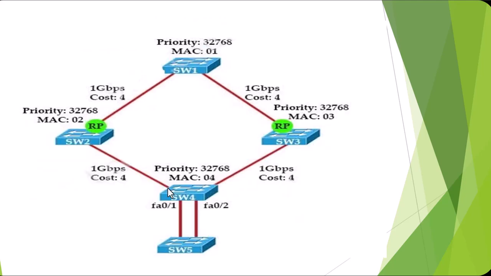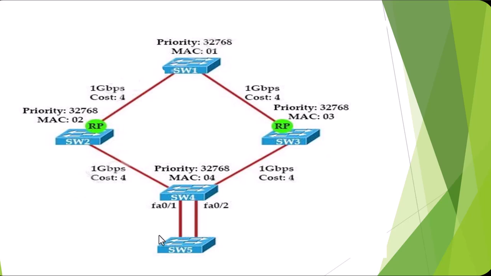So here, if I want to show you another example, from switch 5 we have two interfaces. Which one will be put into the root port and which one will be put into the blocking state? Because both these ports have the same cost to reach switch 1, which is the root bridge. So here in this example, as I said, the second criteria was the port that has the lower sender bridge ID or the port ID,